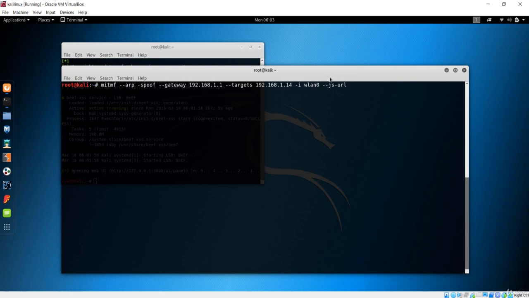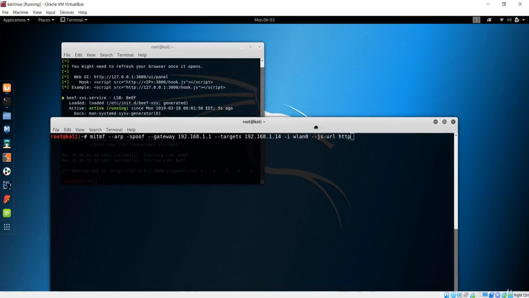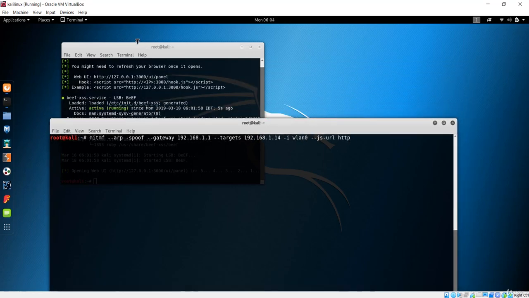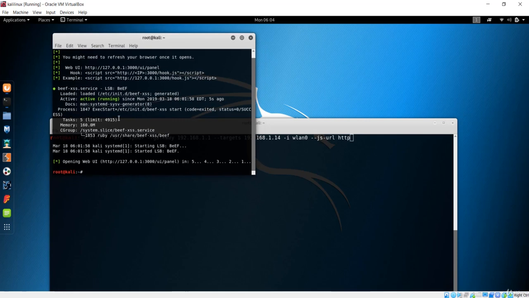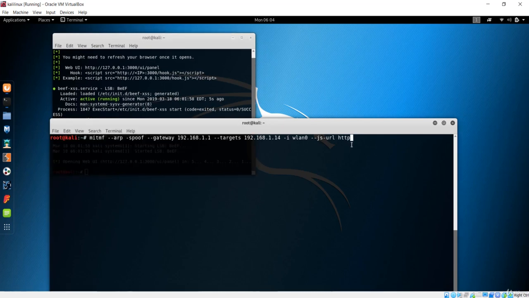So it is the payload, or basically this is the argument that is going to inject. So I'll just say HTTP, and you could see the URL is right here. So when I just open that BeEF framework, it is giving us this URL. So this is the URL, HTTP, and now it will be the IP address of this Kali machine, and after that we'll have this 3000 port, which you can directly see over here, and here we have this hook.js file stored.